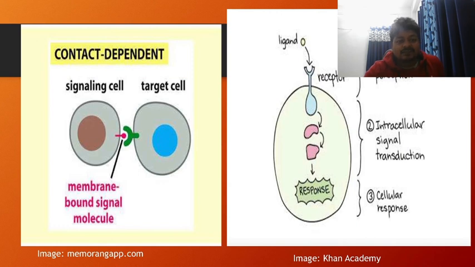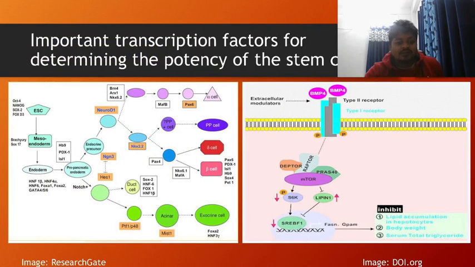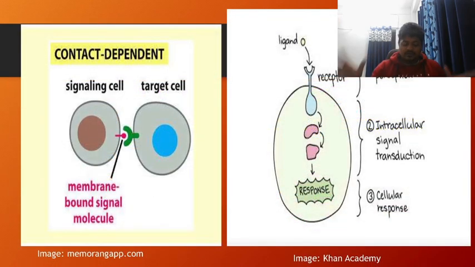So the signals are sometimes contact dependent, when there is contact between two cells, and sometimes, like I have said, they are contact independent, when they are not making any contact between themselves. So this was about differentiation, how it helps form the different types of body cells within our body. I have talked much about differentiation, how all these signals regulate the stem cells to become the differentiated ones. But what the regulation is at the genetic level in these stem cells, we will know about that in the